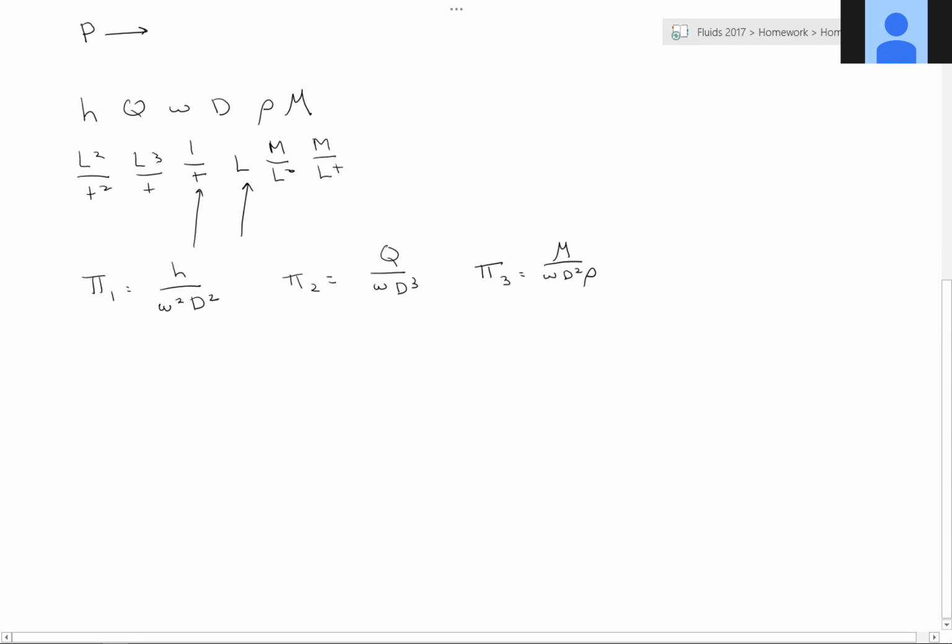And so then when we look at our power, we have something very similar. This is equal to P over rho omega cubed D to the 5th. And actually our pi 2 is exactly the same, and our pi 3 is